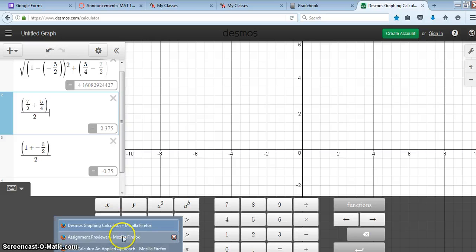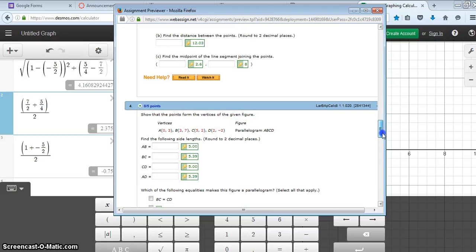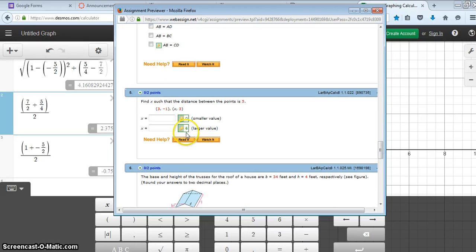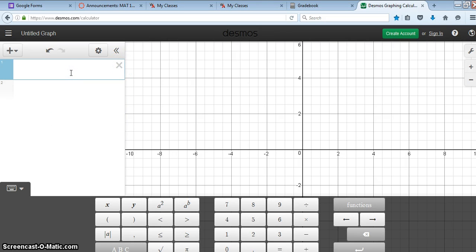One more that I wanted to look at was number 5. It was a little different. It was actually giving you the distance 5 between 2 points, but it gave you some unknown variable. So if we were doing one of these, so we know one of the points is 3, negative 1, and looking for the other point, but we know it has a height of 3. We could set that up using the distance formula, but again, we know that the distance is 5 equals the